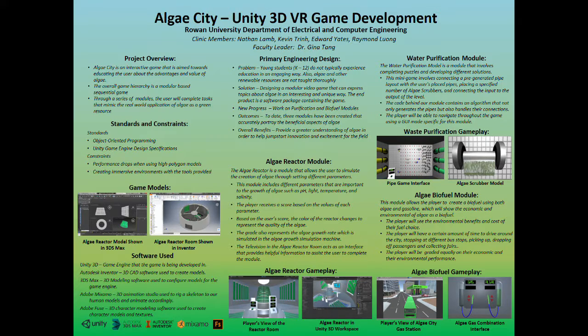There are 3 modules that exist so far: the algae reactor, the water purification module, and the biofuel transportation module. The player controls various algae growth-related parameters and creates algae, whose color represents its quality. The purification module involves a pipe game where the user must direct waste through algae scrubbers which take the nutrients out of waste and purifies the water, to the end goal of the clean water pipes. The biofuel transportation module involves the player creating a biofuel mixture of gas and algae oils and then testing the newly created fuel by transporting people and collecting fares in a certain period of time.